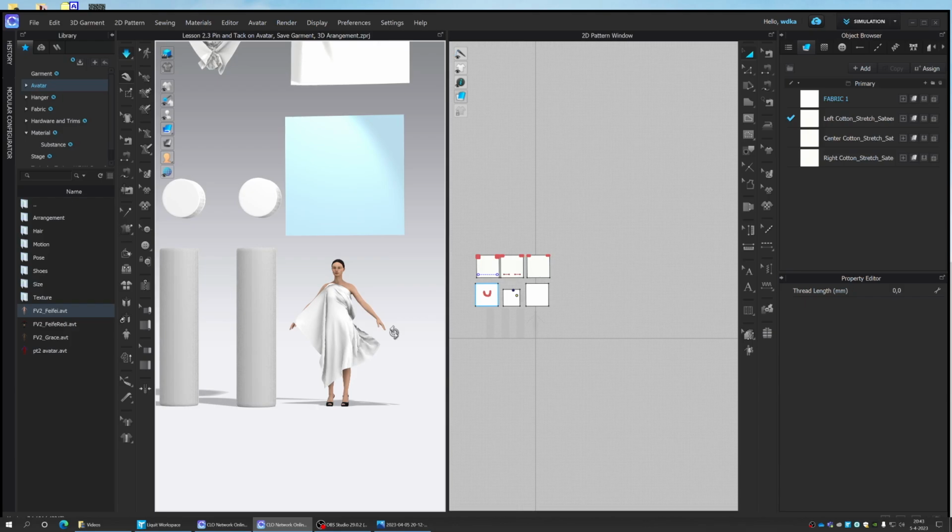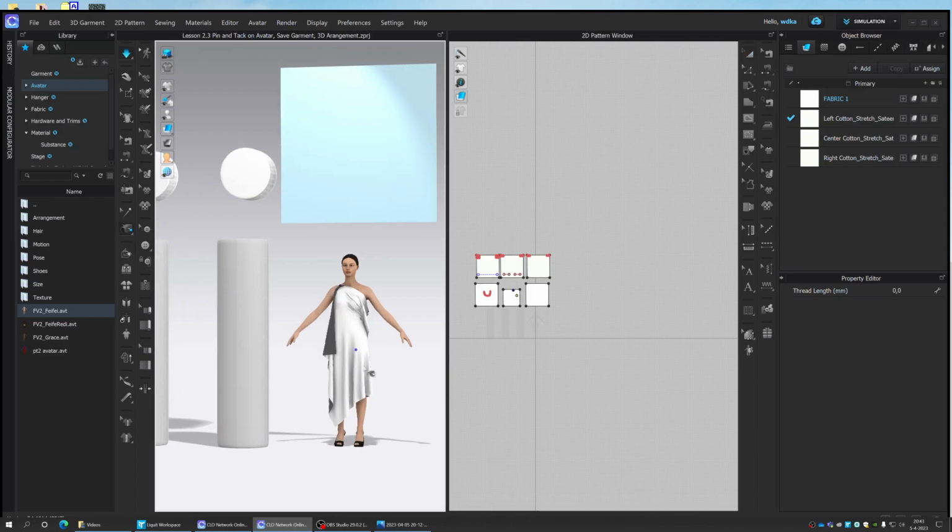But please keep in mind that tacking on avatar is not a sewing method. It really is to keep something in place, maybe when the avatar is being simulated or animated. If you would like to work with some tacking generally to the material, you could still do one point on the material and the second point, and then simulate